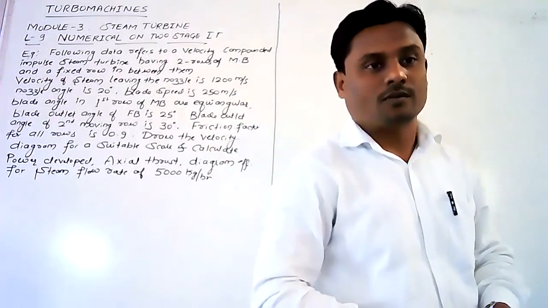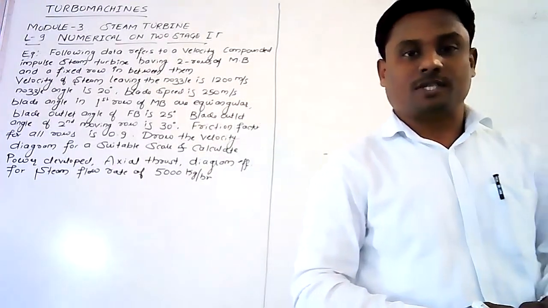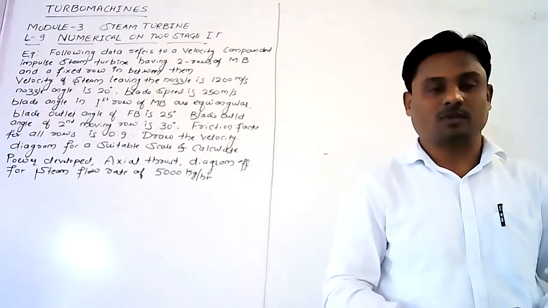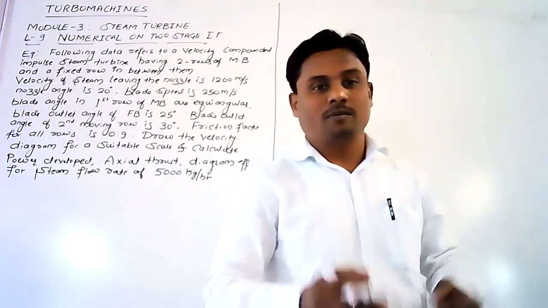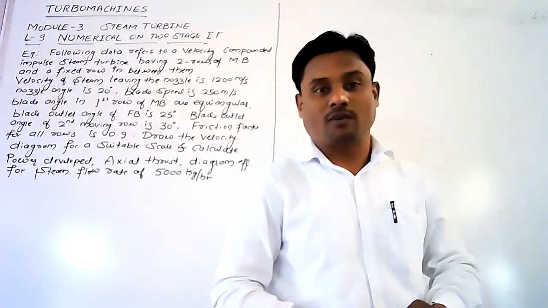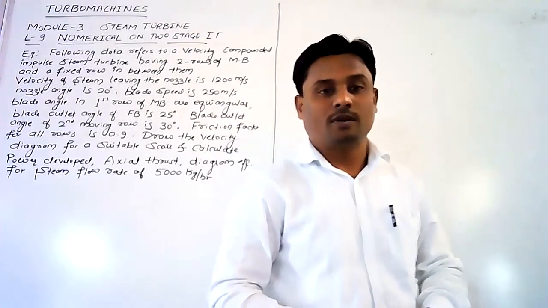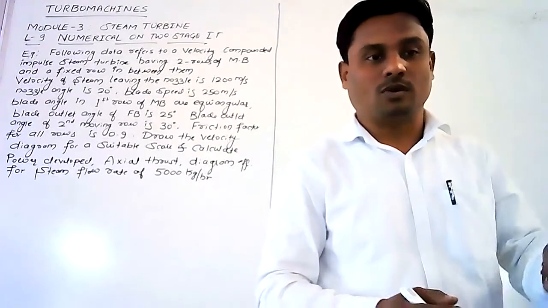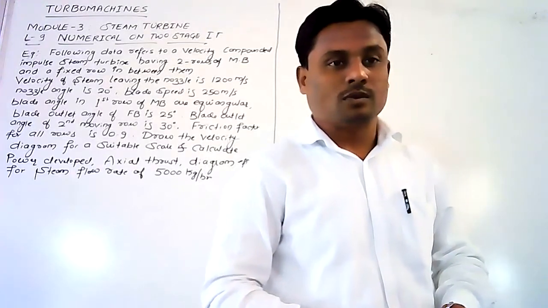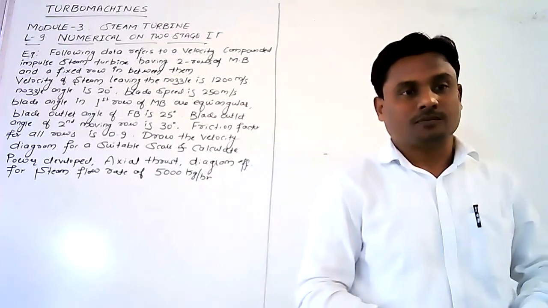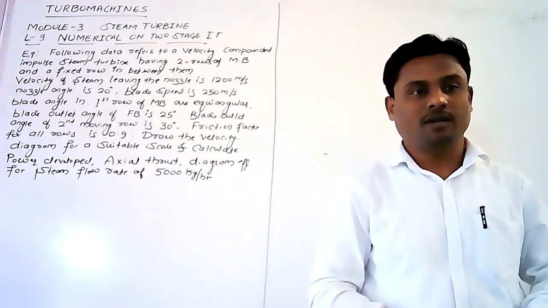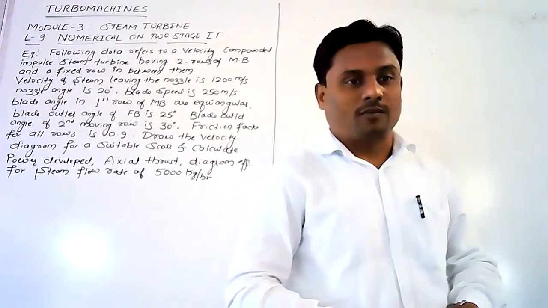VTU students. Fine. Now, this is the most expected question in examination, which is already asked in the previous year exams also. And this problem is exclusively solved by using the graphical method. So you should have the graph paper and geometry box plus calculator with you to solve the numerical. Okay. So let us read the problem carefully here. Numerical on two-stage impulse turbine. And of course, this is the lecture number 9. Let's read the problem carefully.